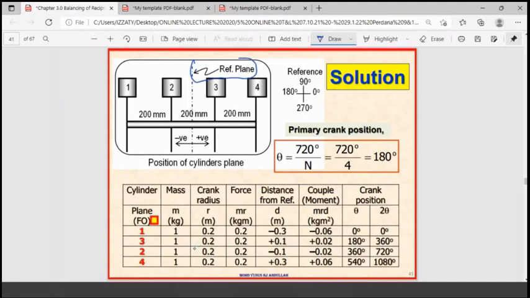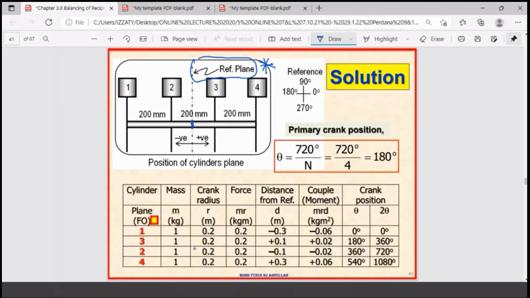You cut the engine into two parts. Look here: you cannot take cylinder number 1 to be your reference. You have to refer to the symmetry plane, or the symmetry line, of the engine. If you have 8 cylinders, cut into 2 parts, then everyone refers to this. For example, this is the reference plane, isn't it? For example, cylinder number 1 will be here, negative